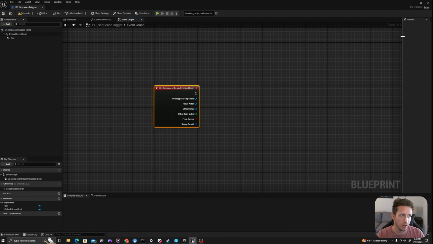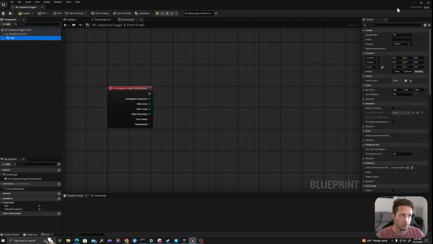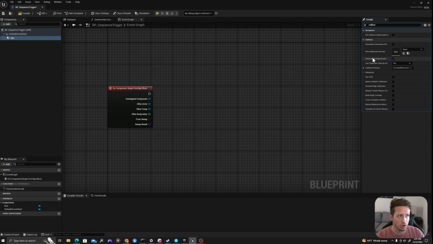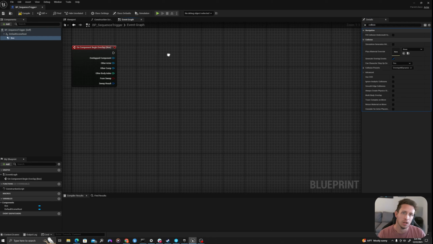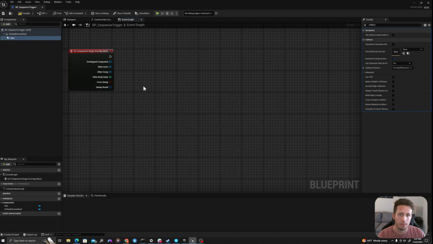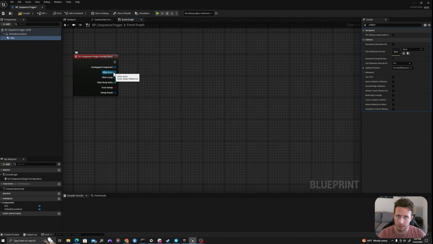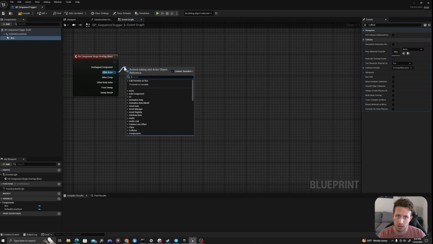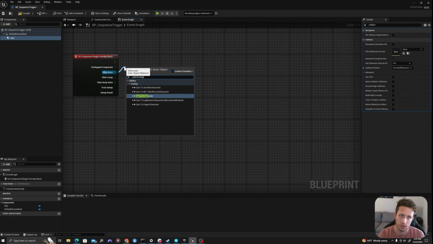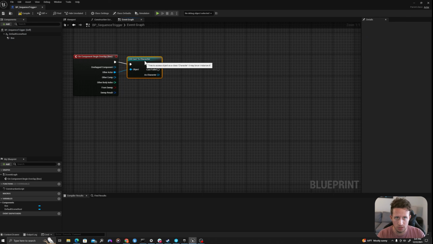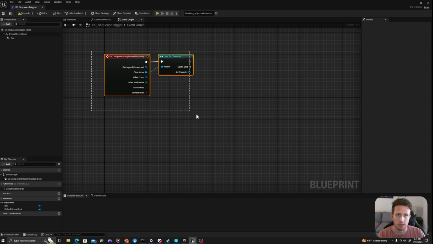And in our details panel, by default, we should find that under the collision settings. So if we search collision, it should already say generate overlap events. Yes. And it's going to overlap all dynamic, which includes our pawn, which is our player. Make sure those options are similar. So out of the other actor, after I overlap the box, I'm going to test cast to character, which is going to say, is this a character? There's other ways to do this. Casting isn't always the best, but this is a way for this circumstance.